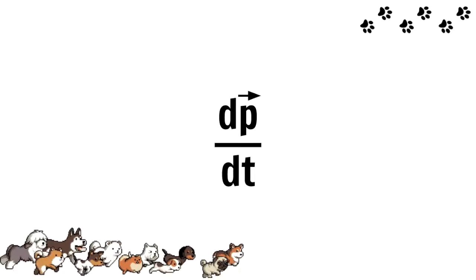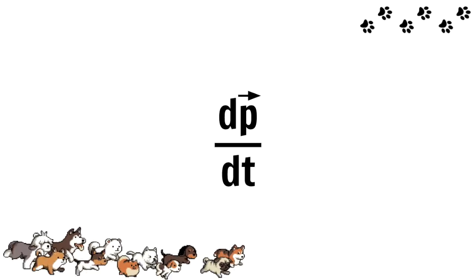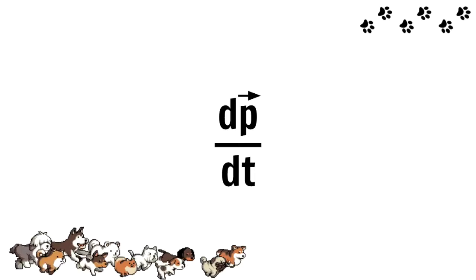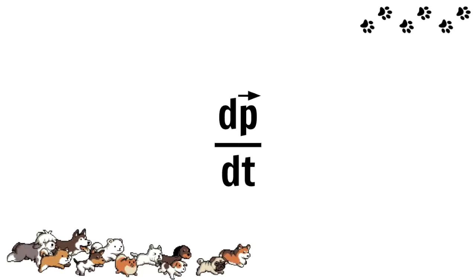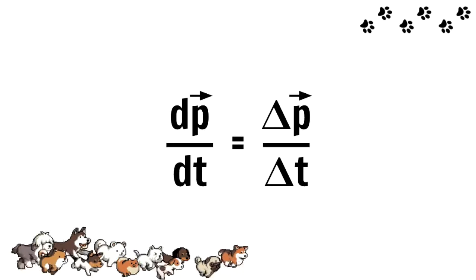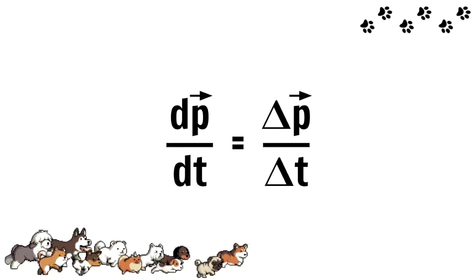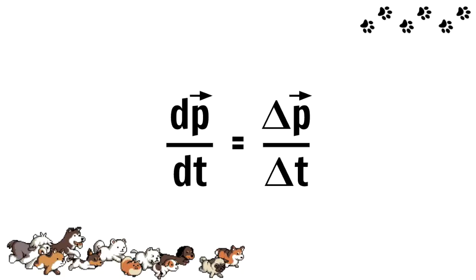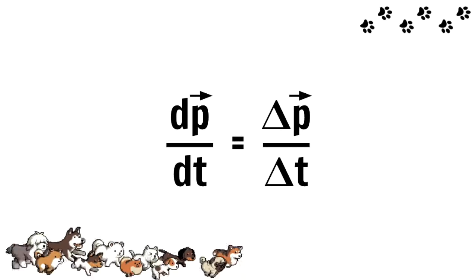To find our F net, we can use the derivative form of the momentum principle, which states that the instantaneous time rate of change of momentum of an object is equal to the net force acting on the object. This derivative form is useful to us when we know the rate of change of momentum. In our case, we want to achieve a change in momentum of negative 13 kilogram meters per second over a